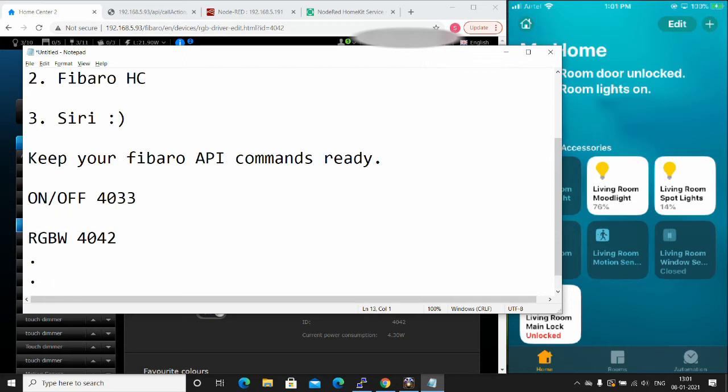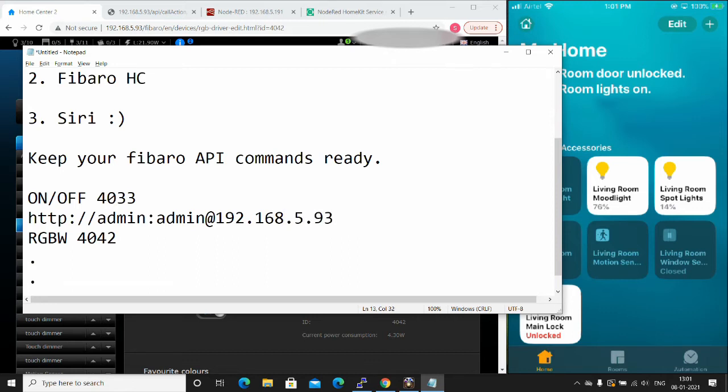Depending upon the device number and the device type, your API command is going to be filled out. For an on-off device, the local HTTP API command is http://admin:admin@192.168.5.93. That's the username and password; in your case, change it accordingly.